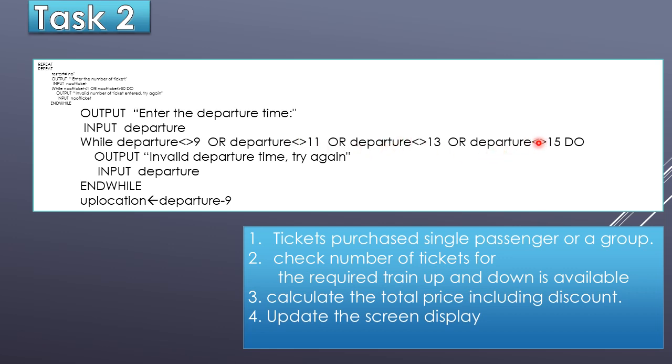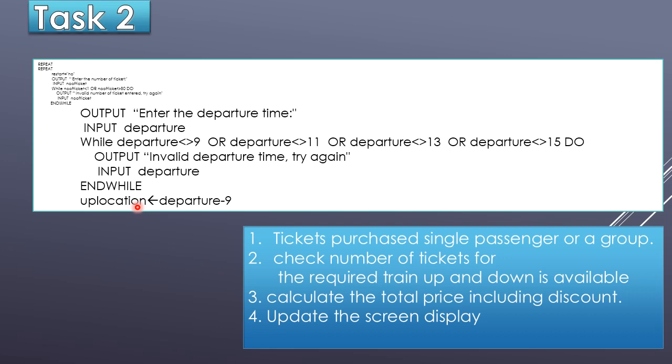If they give anything other than these four values, then it needs to be trapped and say invalid departure time, try again, and once again ask for the departure time. If they give a proper departure time from any of the four values, then it will be allowed to go on and ask for another one. So here we are updating the location, because this particular function is needed to update all our data